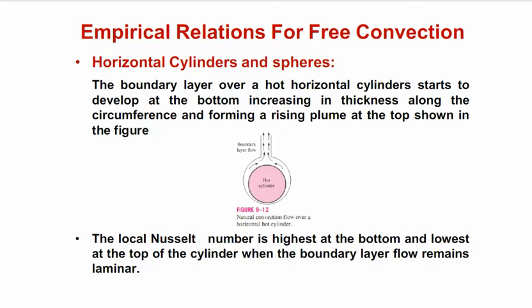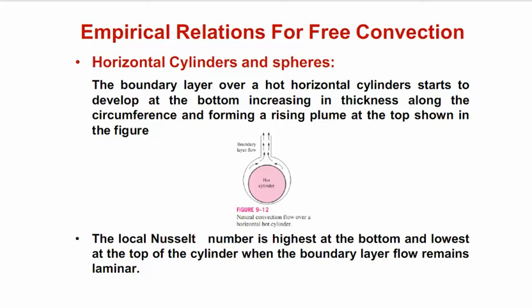As you can see in this figure, the hot cylinder is transferring its heat through the process of convection, by which we are able to see that the heat is getting transferred from the bottom surface upward. Initially there is low heat transfer with a low thickness at the bottom, and it rises up to the top, where the thickness or the heat level has increased over the top of the hot cylinder.